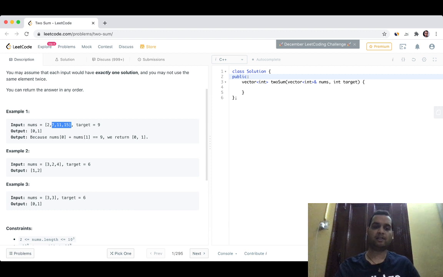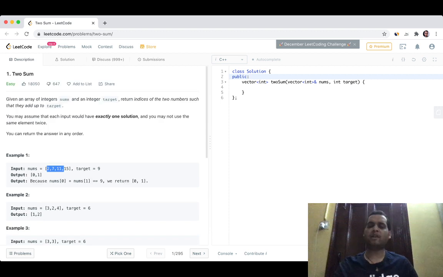Then you look at 7 plus 11, 7 plus 15, is it equal to 9 or not? So this complexity will be around n square because you are going to traverse n into n. It will be n square because every time you are doing it. But it is the first question, so you can do it. The more optimized version can also be done using a map or a set, but we haven't studied that so far, so we will not solve that problem. So let's come to the next question.